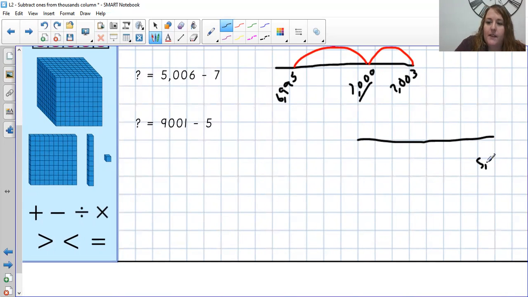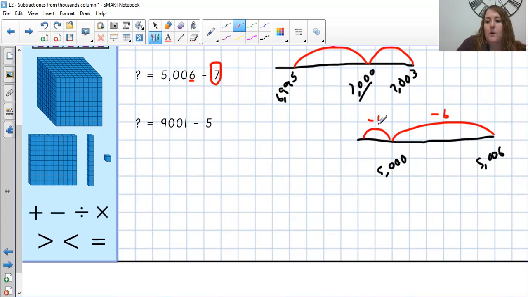We start with 5,006 over on the left hand side, and I need to take away 7 in total, but I'm going to start with taking away 6. So 5,006 take away 6 is 5,000. Then because I've taken away 6, but I need to take away 7 in total, I need to take away